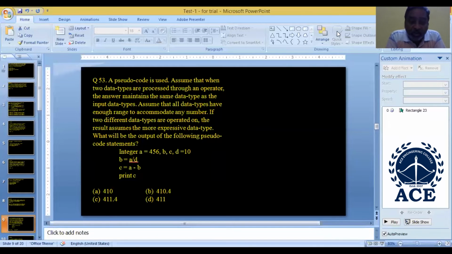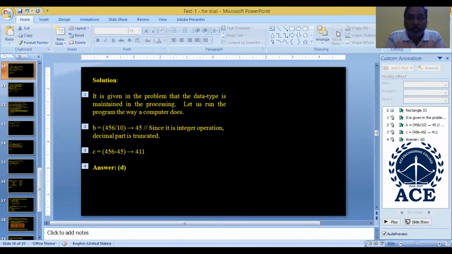First of all, let us see what the operations conducted are. Four variables are declared: integer A, B, C, and D. A is initialized to 456 and D is initialized to 10. B and C are computed values. Now what is given in the statement? B is equal to A by D, C is equal to A minus B, print C. So the value of C is to be seen here. Now we'll see the explanation. What is the solution here? The solution